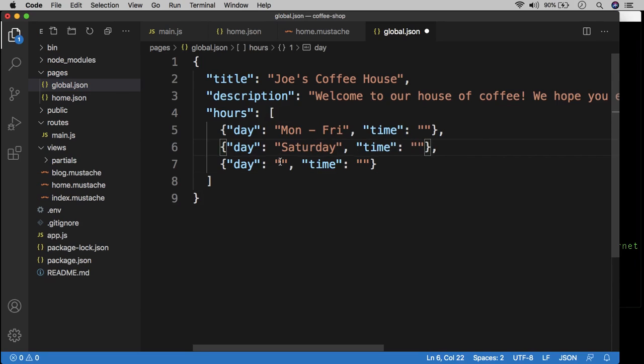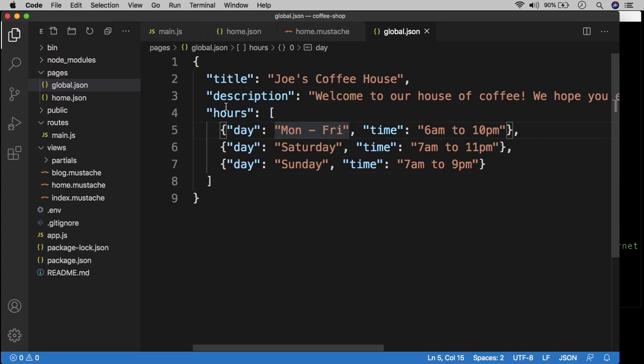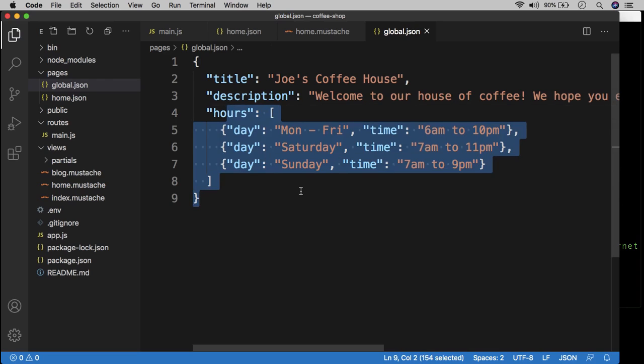Saturday, and Sunday. And let's say Monday through Friday, it's 6 a.m. to 10 p.m., 7 a.m. to 11 p.m., 7 a.m. to, I don't know, 9 p.m. Okay. So now we have a global section for hours, and then if we go to the footer now,